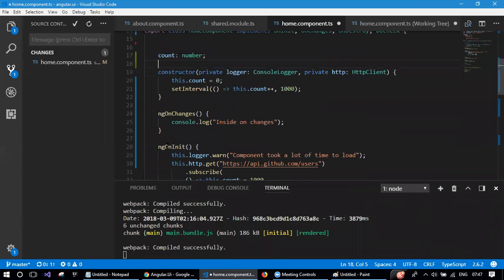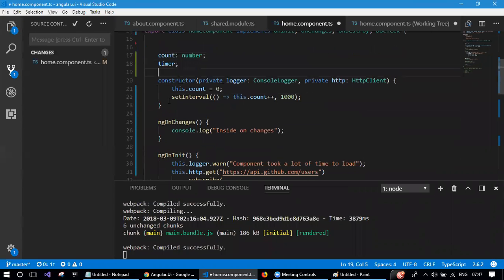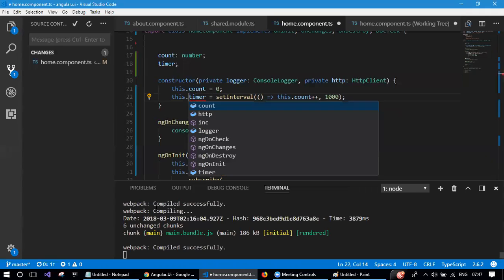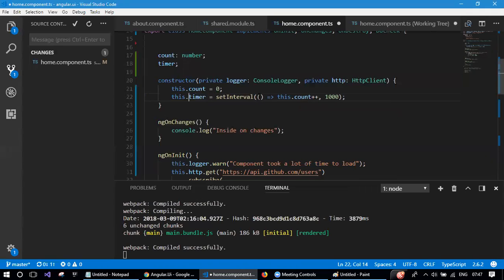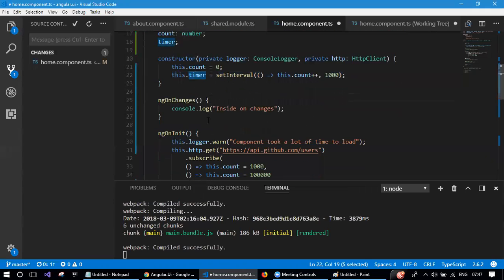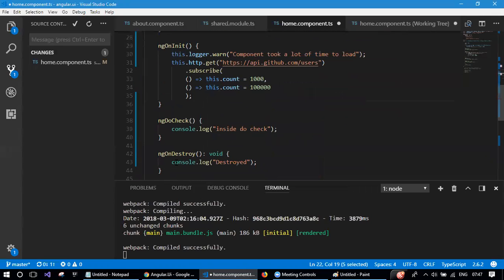You'll have an observable, you'll call the unsubscribe method on it, or you have this timer. I'll save this timer somewhere, and I want to get rid of this timer because this will create a memory leak. This function will execute even after this component is removed from the DOM, because this is going to add a callback to the queue every second. So it's kind of a memory leak. It's a good idea that you clear this. How can you clear this? You'll just say in ngOnDestroy, before the component is being removed, you'll say this dot